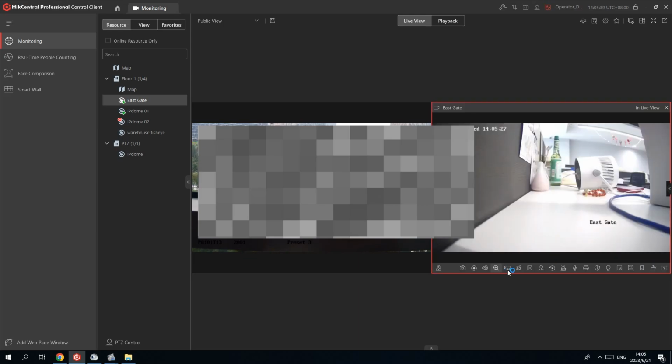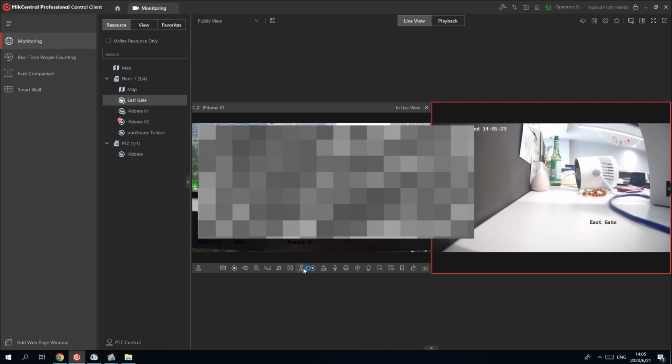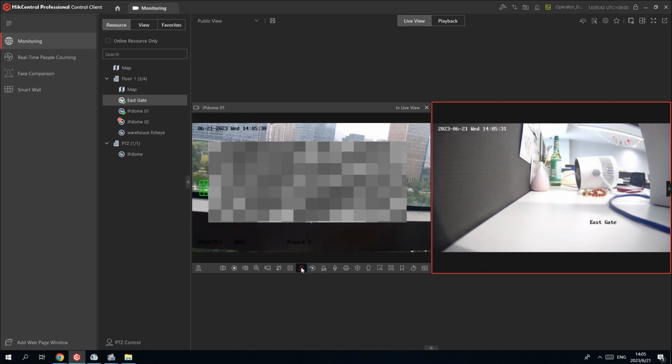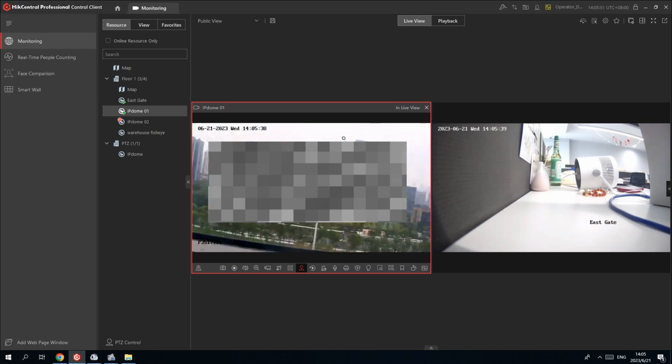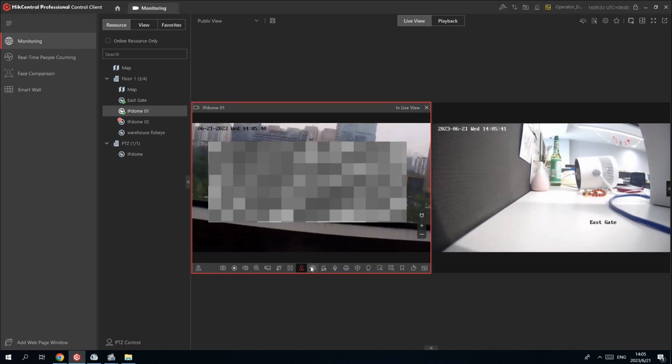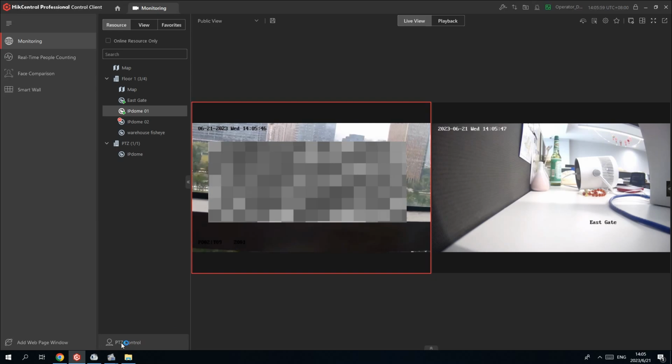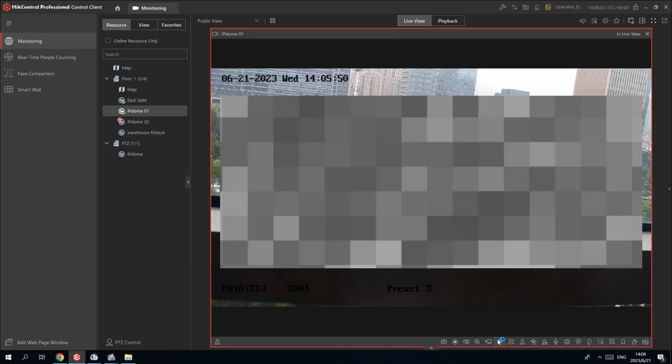Alright, and also we have the shortcut for the PTZ control for the PTZ cameras, up and down. And also we have the separate PTZ control panel to perform the PTZ function, so we will try to use that later on. And also we have the stream switch